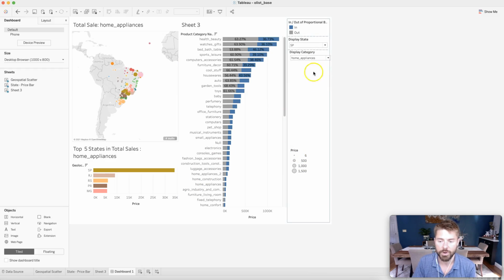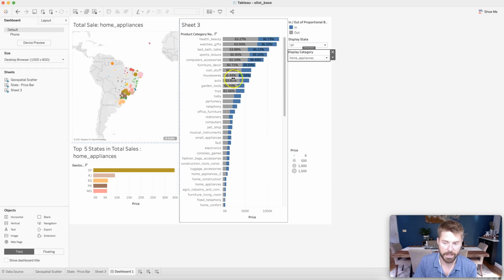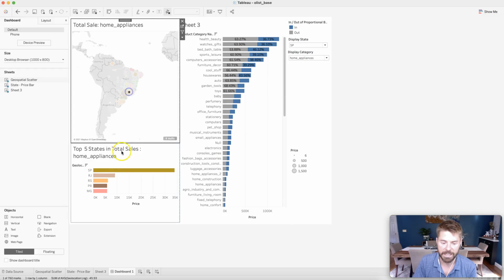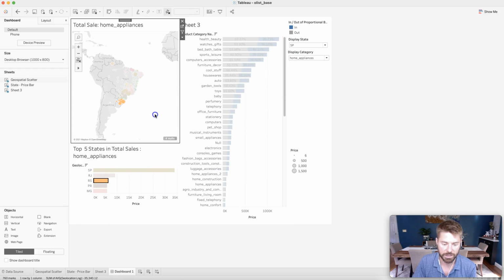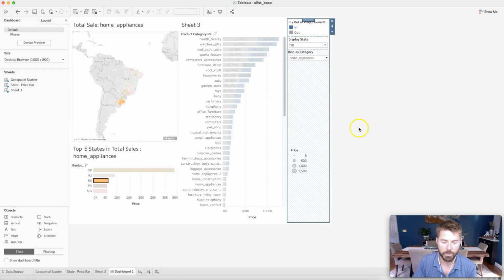Okay, so the point though is that we can now start working on this and changing these things. So we have a display state, but it's not connected to anything. If I select these things, it doesn't change anything. So what do I want to do? I want to